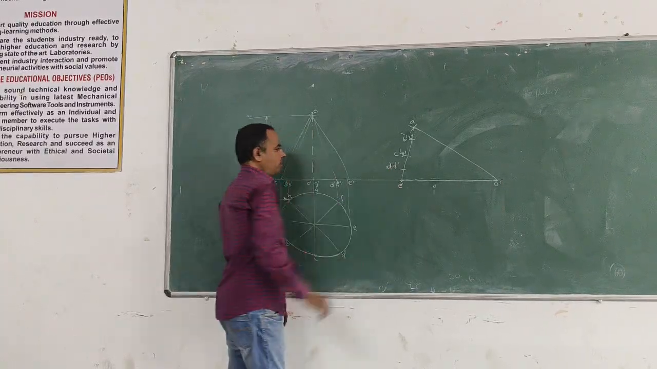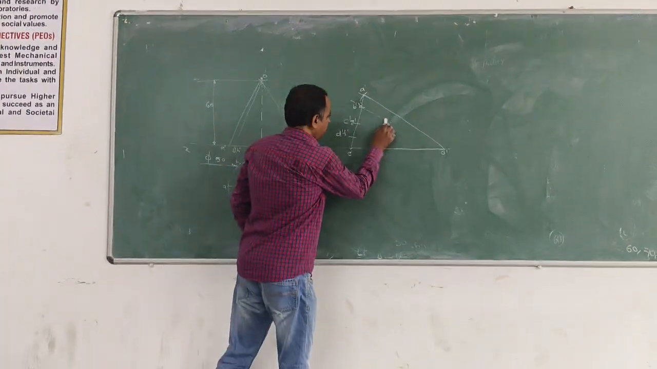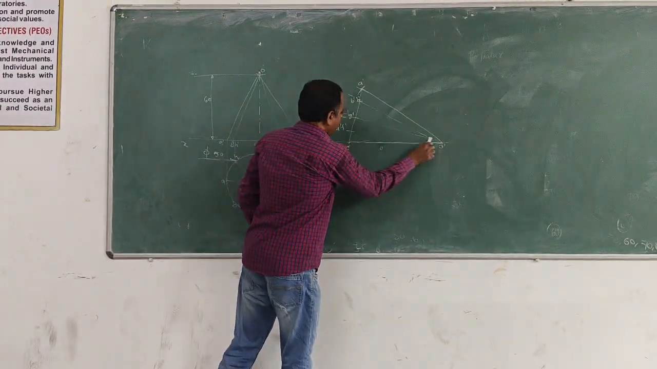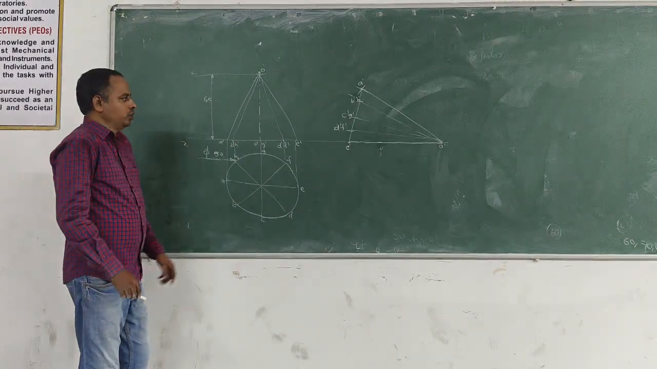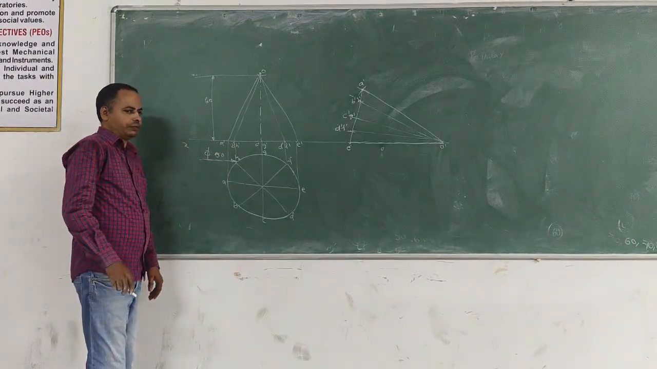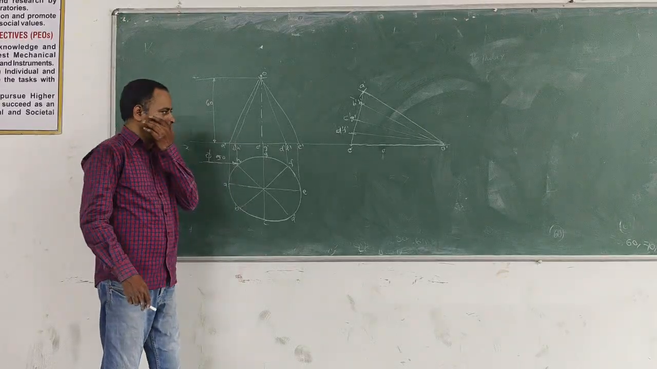Now again here we already have this E dash. Now once you get all these points, join them with the apex. Now here also join with the apex, and this will be joined with the apex. Right? So once you get the front view of it, when one of the generators is resting on the horizontal plane,